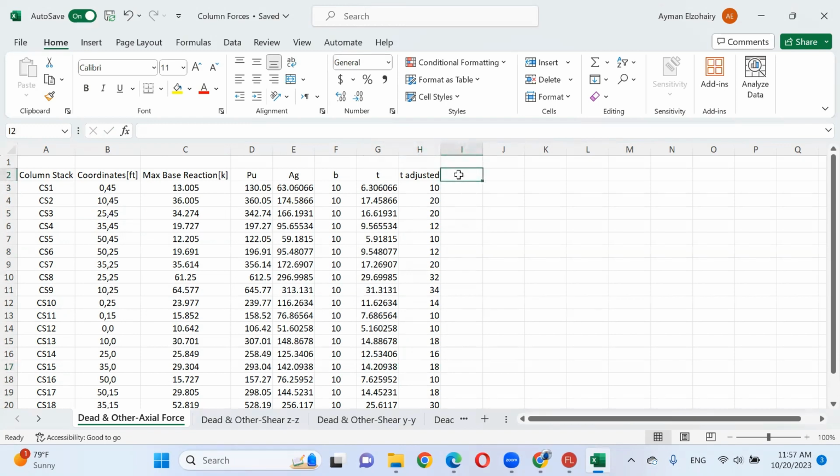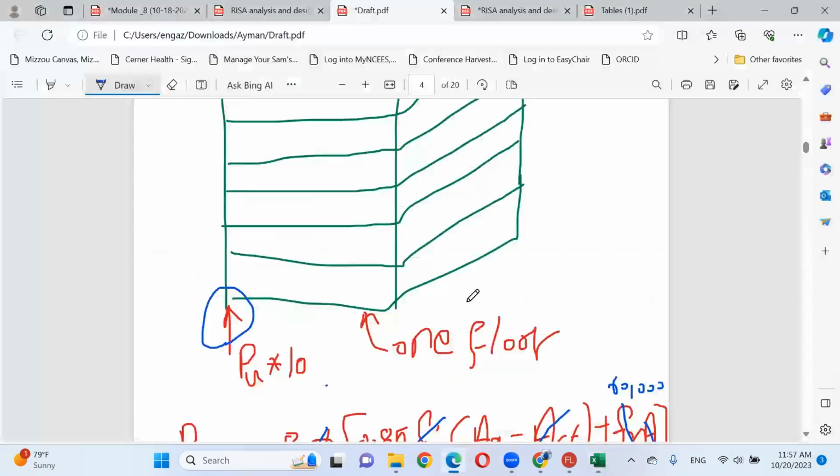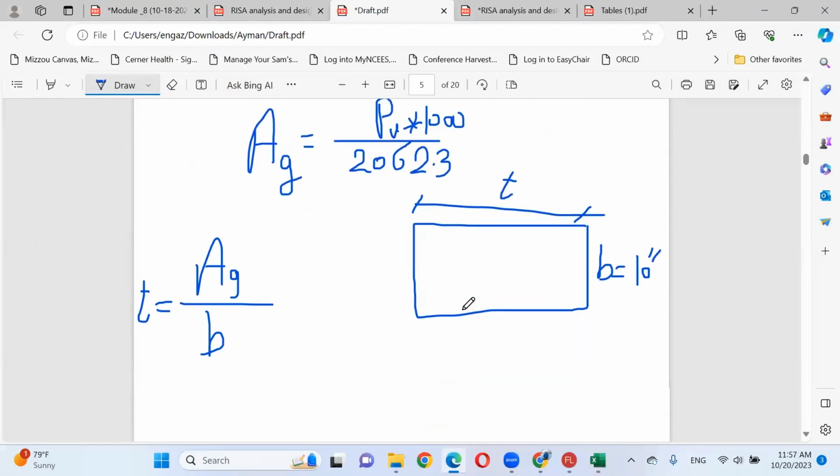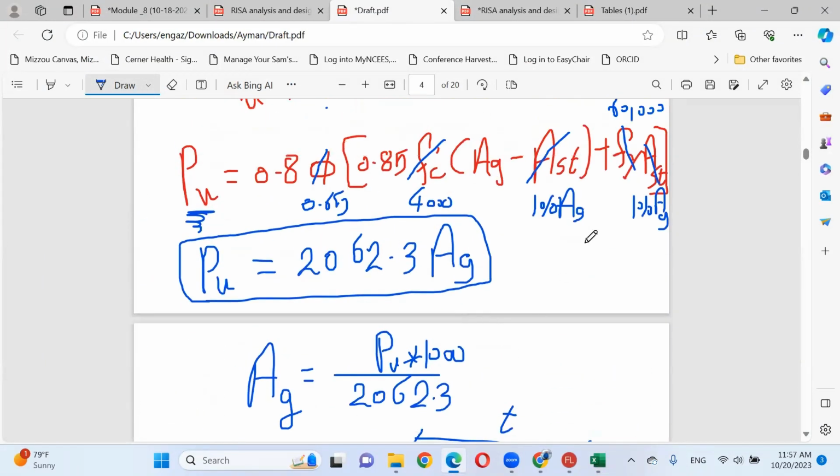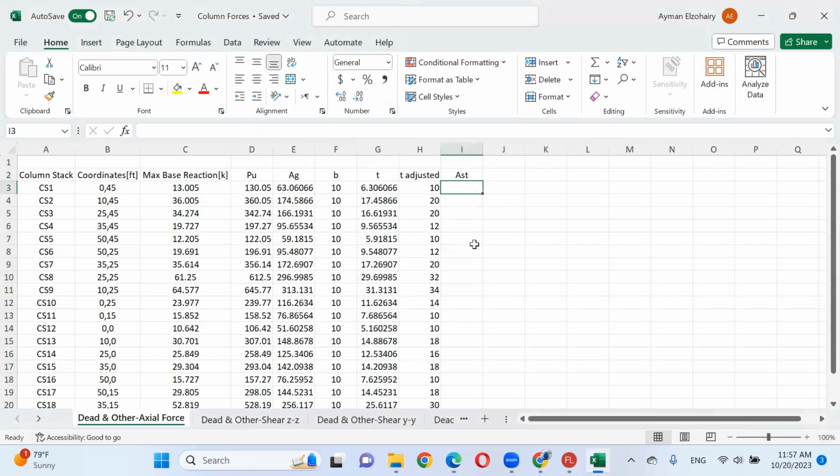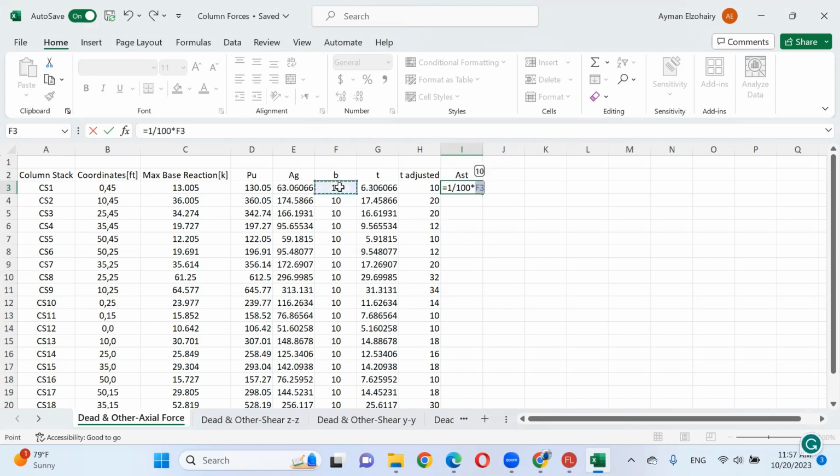What is the required area steel? Keep in your mind and remember, you assumed your area steel is 1% of the new area gross. So your area steel will be equal 1 divided by 100, times this B times this T adjusted.